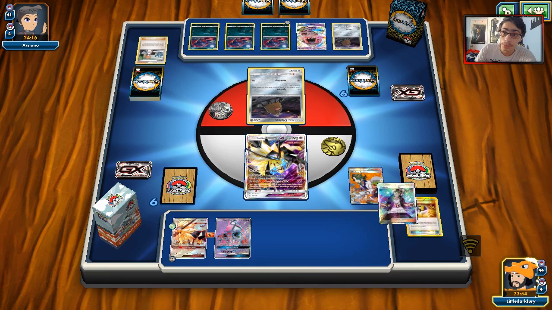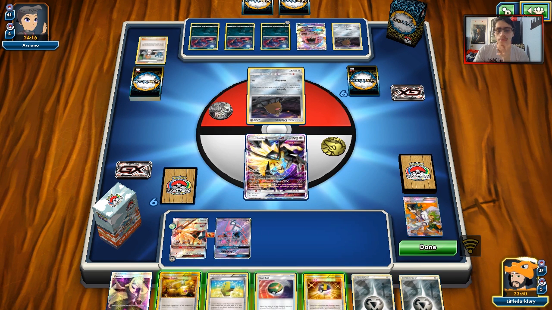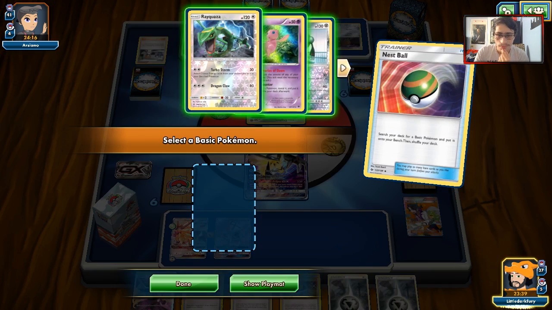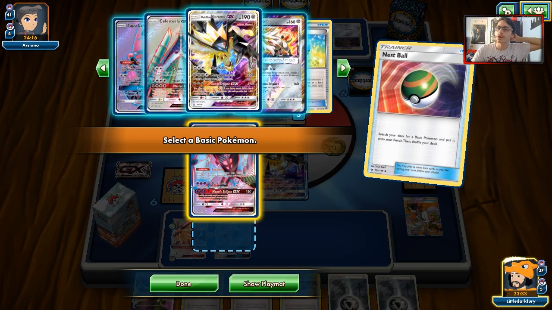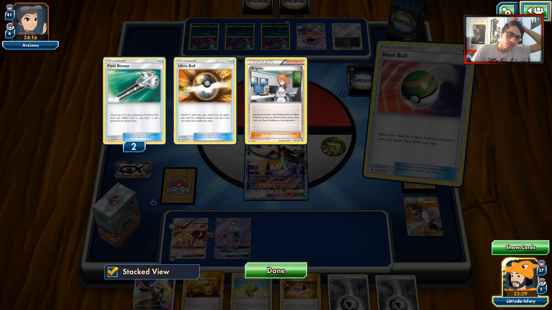Okay. Max Elixir, Energy Switch, Nest Ball. So we'll do Nest Ball for... I think we'll get... I mean, he plays Zoroark, and that's kind of why I don't want to grab Dawn Wings, but I kind of do, because, to be honest with you,